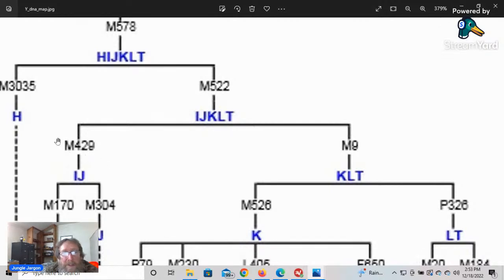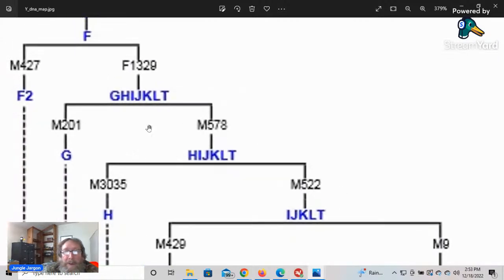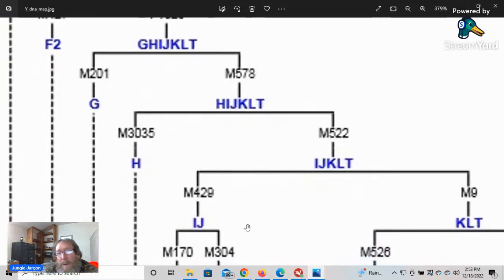The descendants of Arpachshad share a snip with their uncle Japheth because they're the oldest son. They're the descendants of the oldest son of Shem. But then when you come to the H, the Elamites are the younger brother of Arpachshad. This is Arpachshad. His younger brother, the Elam, doesn't